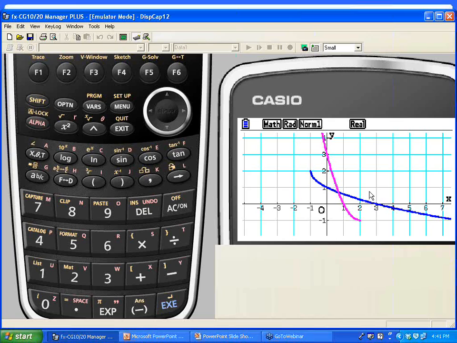And I did call it a function. And why is it a function? It's a function because, again, it passes the vertical line test. You can see the pink graph is passing the horizontal line test. So we know that this graph was a one-to-one function. If the blue graph passes the vertical line test and its inverse passes the vertical line test, then that really means the blue graph passed both the vertical and horizontal line test.